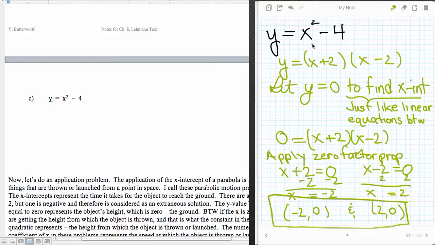Remember, this is a binomial, a difference of two perfect squares. The root of the first one and the root of the second one is how we factor it, sum and difference, the conjugates. And then once we've got it factored, we're going to let y equal 0 to solve for the x-intercept, just like a linear equation, by the way. Then we apply our zero factor property, solve each of these, and we write them as ordered pairs. Remember, these are the intercepts, therefore they need to be ordered pairs. I'm kind of picky about that. All right, so that's solving or finding the